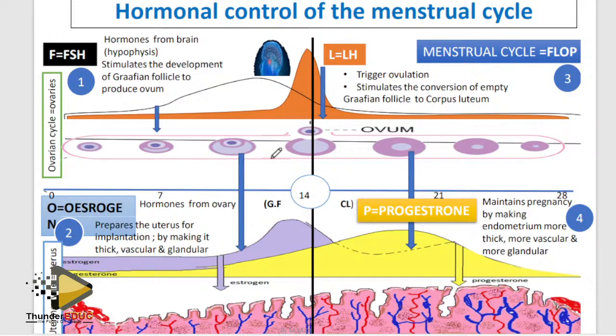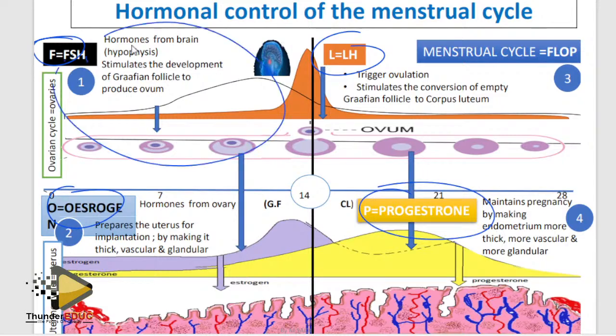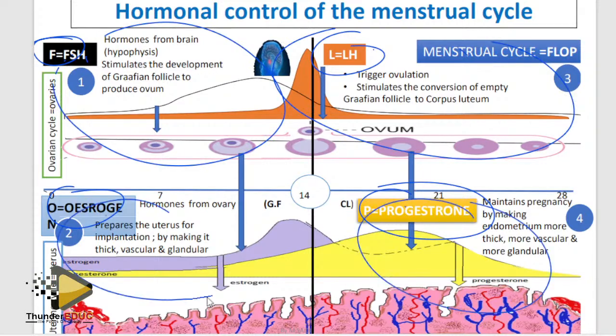This is the menstrual cycle. The hormonal control of the menstrual cycle. Here I've talked about how to interpret it. What you need to focus on here is the function of this, the function of this, the function of this. I'm not going to explain this, you understand, but if you draw this, this works here, this works here, this works here.